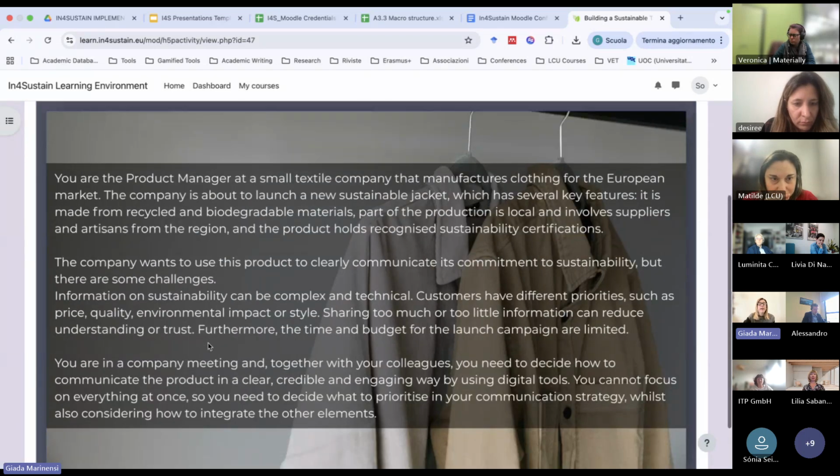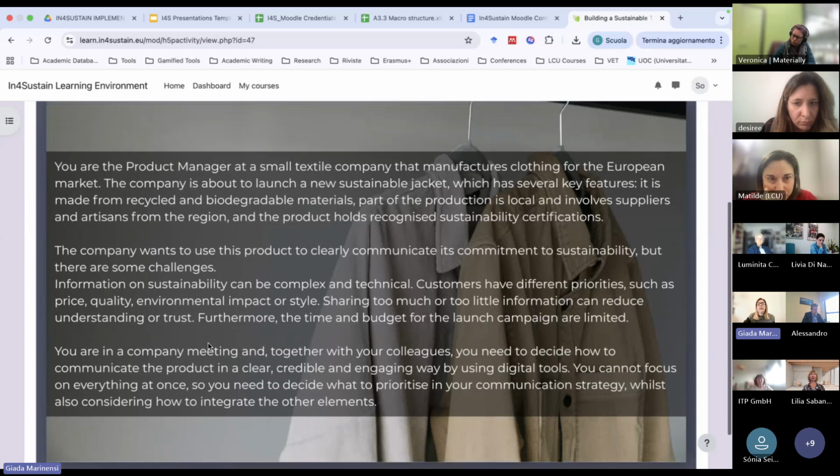So in this case, the situation in which we are is the following. We are the product manager at a small textile company that manufactures clothing for the European market. The company is about to launch a new sustainable jacket, and we are part of the team that has to define the communication strategy.